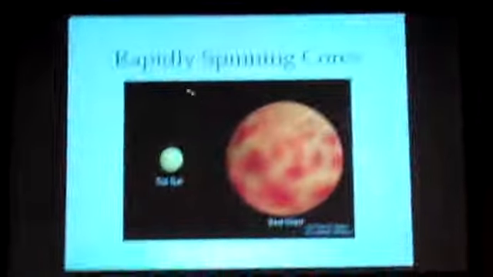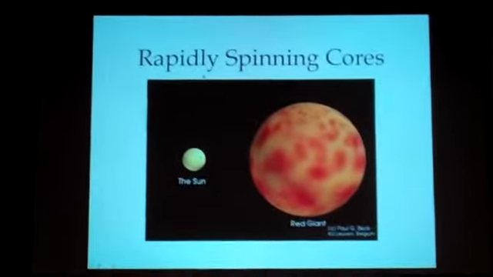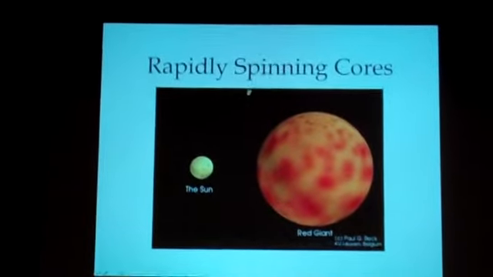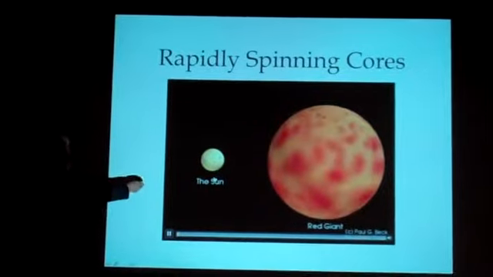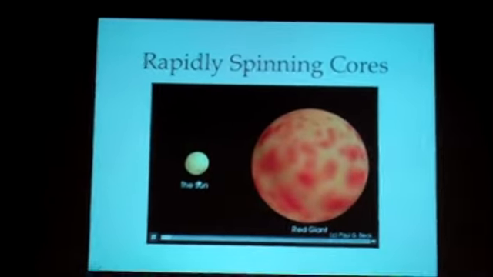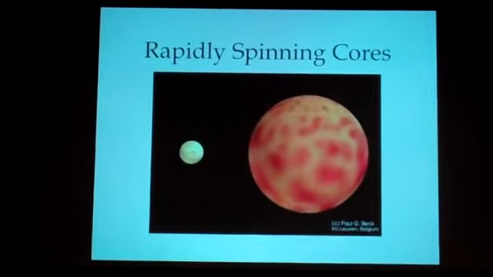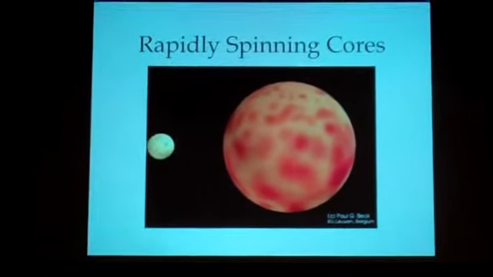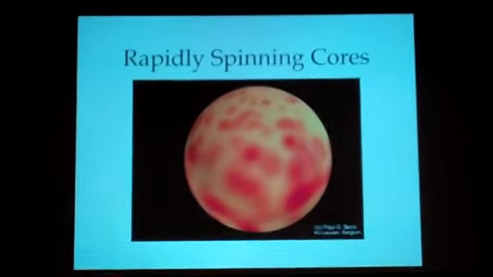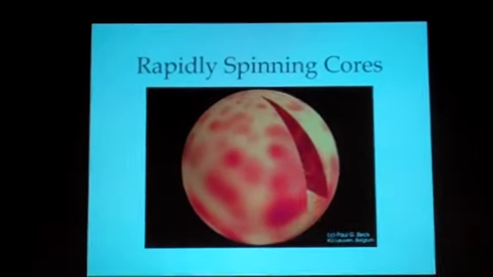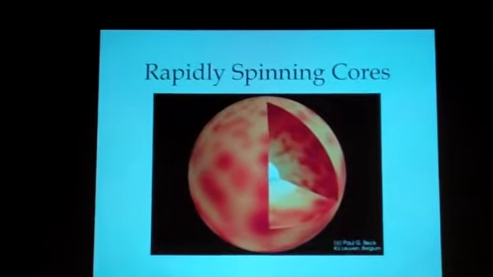So to show you one of the great things Kepler has learned, a brand new result that's completely unexpected. This is again just a size comparison of the sun to a giant. The sun rotates in about 25 days. Giants rotate in maybe 2 months to a year. They're very slow rotators because they're big. And that was known for a long time. What the unexpected result was,